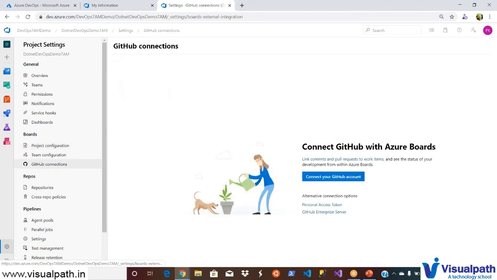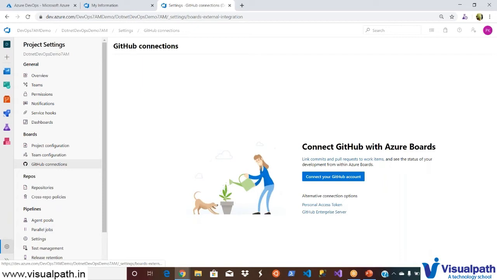And then if you are connected to any external GitHub, as I told you, you can maintain code in Azure Repos, which is Git. At the same time, many organizations would be using external source control management tools. Let us say Git, or it can be Bitbucket, or Serena Dimensions.